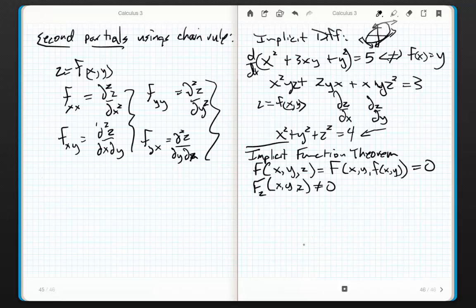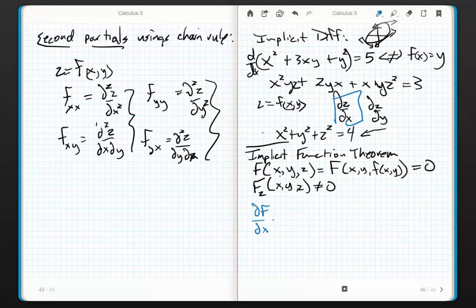Now, bearing in mind that what I'm about to do is to exclusively produce a partial with respect to x, I'm going to use the chain rule really quickly. All right? If I've got f of x, y, and z, and I want to differentiate this thing to produce a dz over dx. Now your spidey sense is probably tingling a bit because of what we did with implicit differentiation. But now we're going to use partials instead of outright implicit differentiation. So watch what happens. What I'm going to get is a partial of f with respect to x